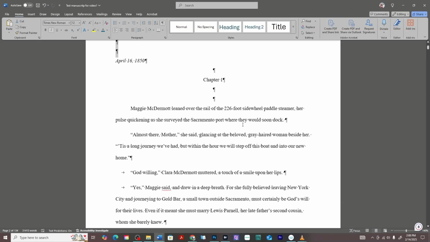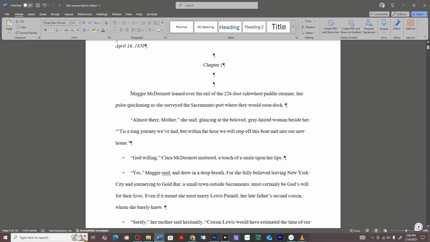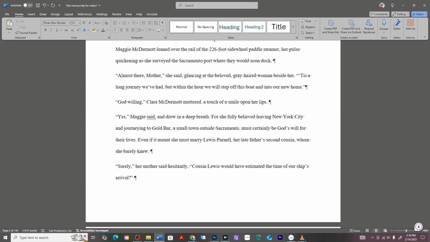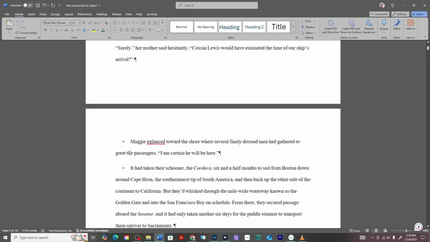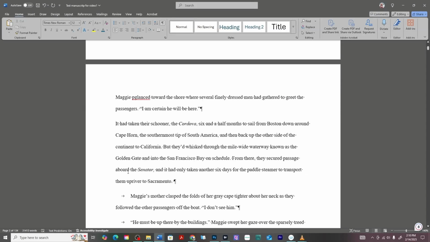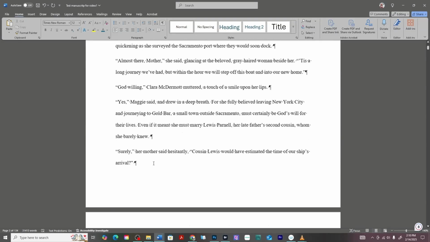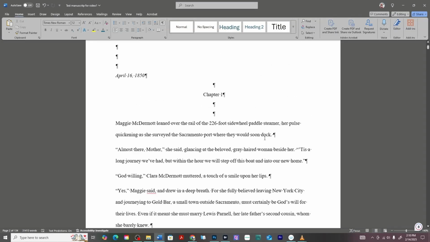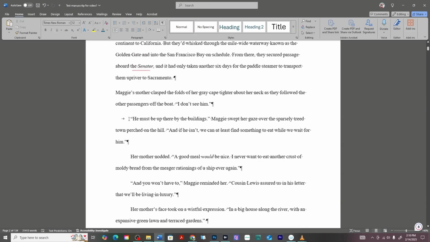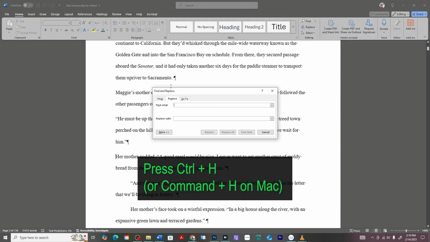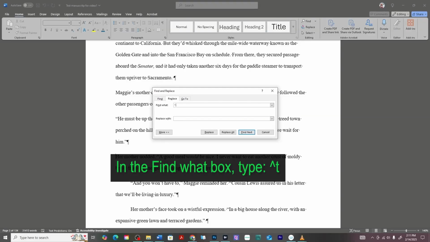Right here, I'm on chapter 1, and I can see in this document the author has been using the tab tool to indent each paragraph. A long time ago, while formatting, I had to manually delete every single tab throughout the whole manuscript. So a cool shortcut, instead of manually going through the entire manuscript and deleting every tab indentation, is you can click Control H to bring up this find and replace tool, and then you're going to add a caret, then a lowercase t,